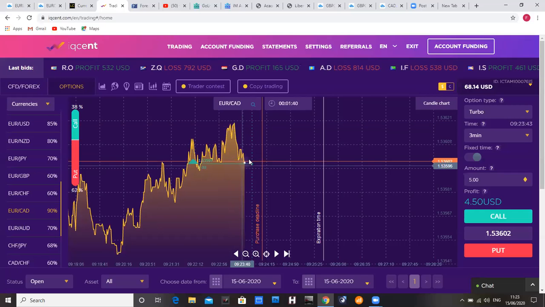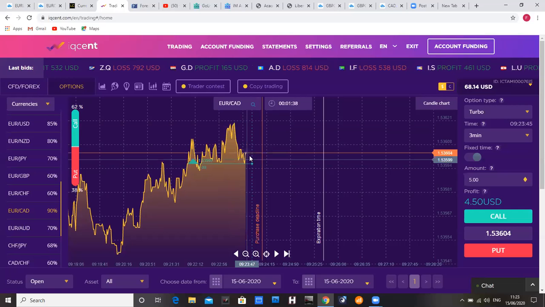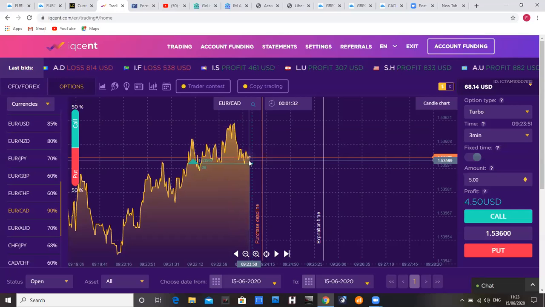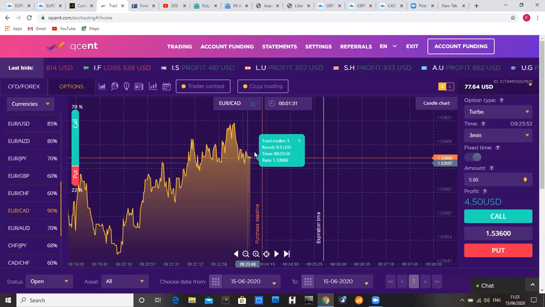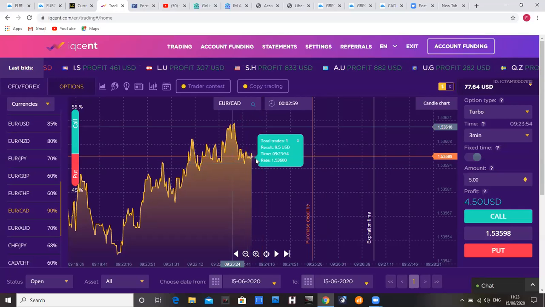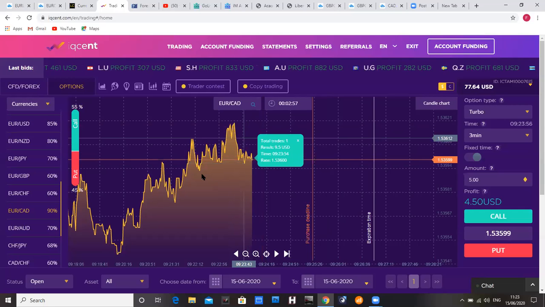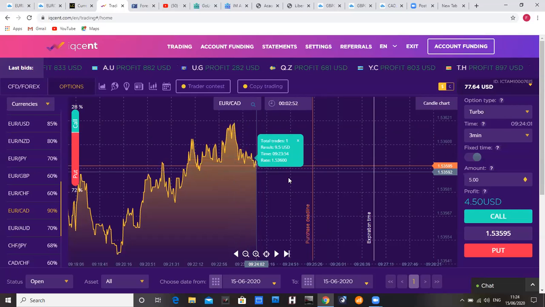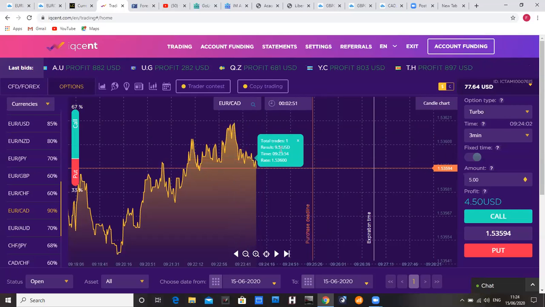You can see how price is playing close to my entry. My time is almost expiring. But you can see how price is just playing close to the entry. Okay, so this is a winning trade. We actually won this trade, although not a good entry, but we won the trade. You can see how after winning the trade, price just came below our entry. So we just got paid this amount now,